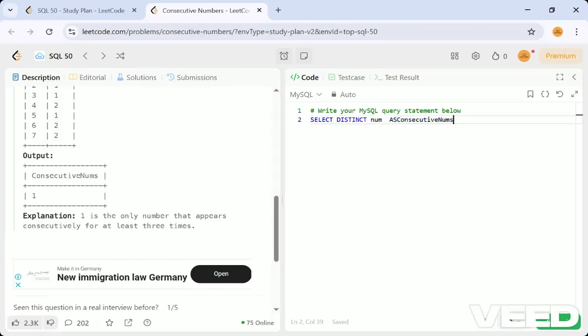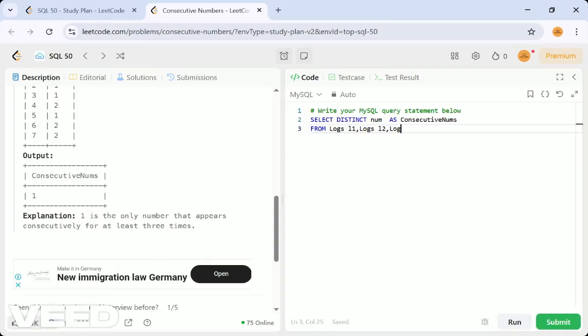We have to get the distinct number as the consecutive number, from the logs table. Since it is a single table, we have to check for a number consecutive 3 times. So I'm using this as alias L1, then again take the logs table as L2, and then the same logs as L3.